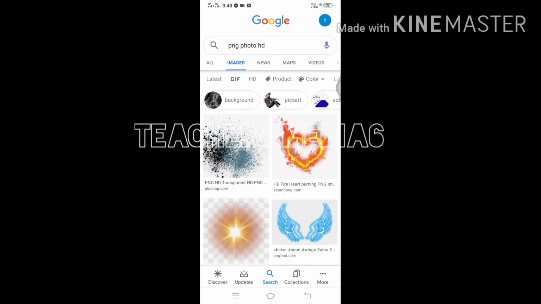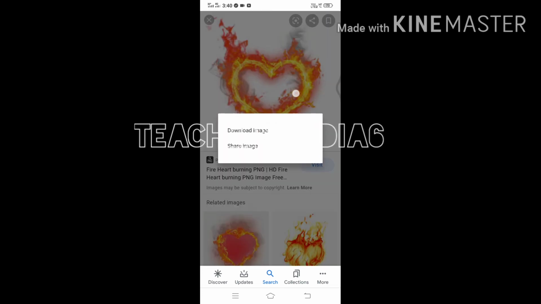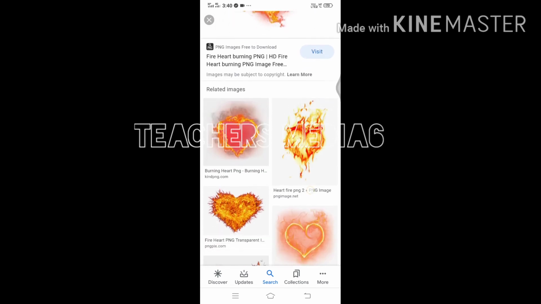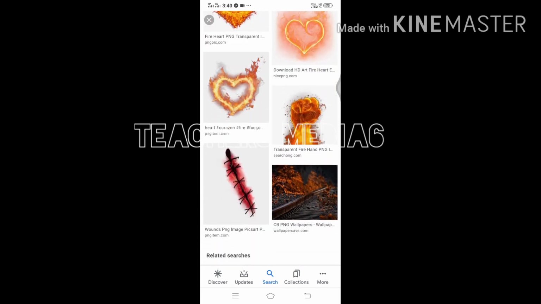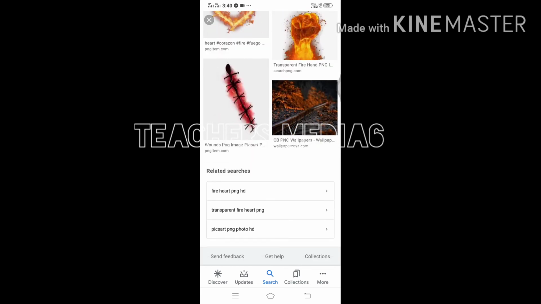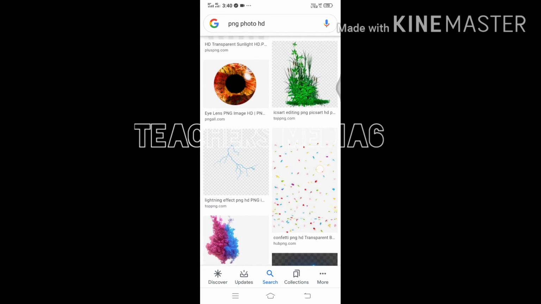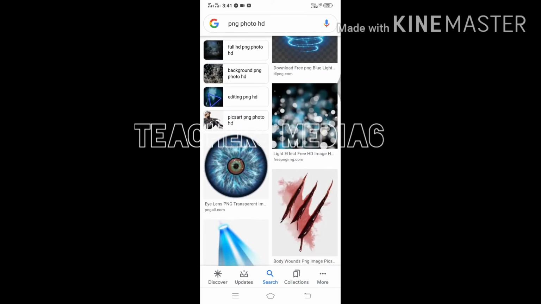Many things are coming now in this heart burning. I'm selecting this, and you can download that image. Like that, you can go on doing it, whatever your choice, and store it in your gallery and use it whenever you need.